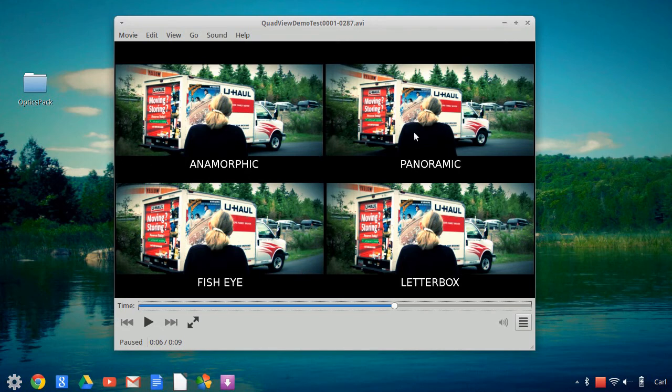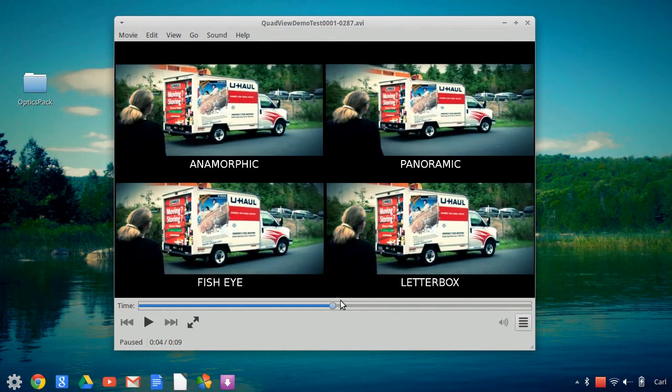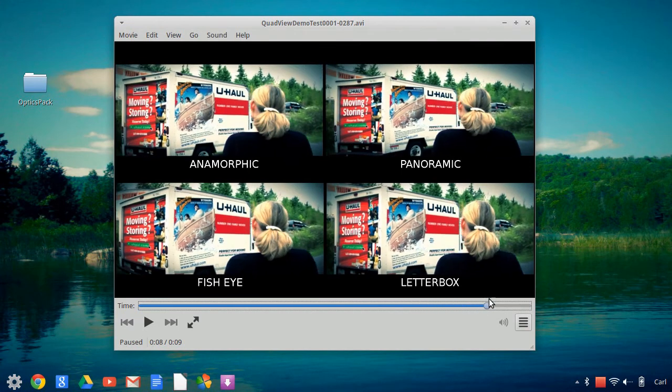The panoramic one is quite a bit more excessive, and you can see how much more you gain in the center of the screen with this distortion, quite a bit more in the margins in the top and bottom. And then, of course, the fisheye one down here, where you lose quite a bit in the center, you gain a lot more on the outside, and it creates quite a bit more of a distortion effect,